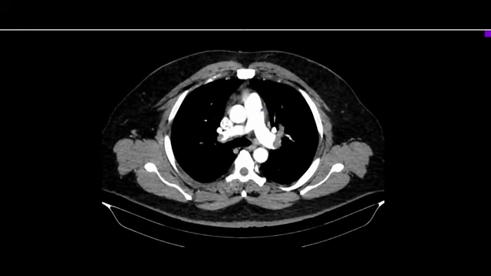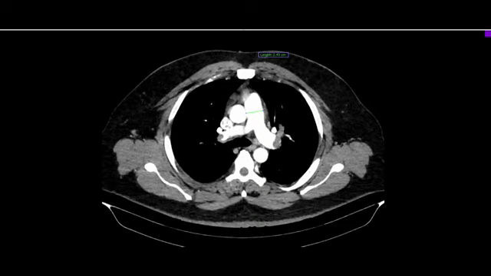You have to take the diameter of the main pulmonary artery at the level of bifurcation, and if this caliber is more than 33 mm, you say there is pulmonary artery hypertension, which is not seen in this case. The caliber is within normal limits. If it is dilated, we see there are signs of pulmonary hypertension. This is all about the vascular signs.